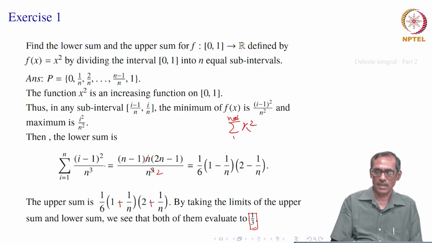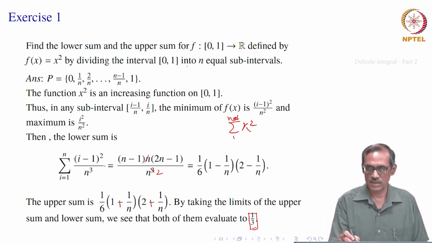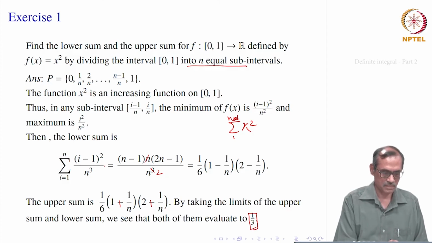Okay. So, if you take some other subintervals, it will also behave in a similar way, because you can take x_i and x_{i-1}. But the summation of (x_i minus x_{i-1}) squared will not be possible to evaluate unless we know x_i and x_{i-1}. Of course, you can show later that the sum will be 1 by 3 even if you take other partitions, but our problem does not ask that. Fine, we want only n equal subintervals.